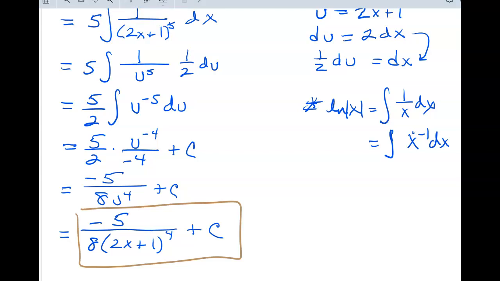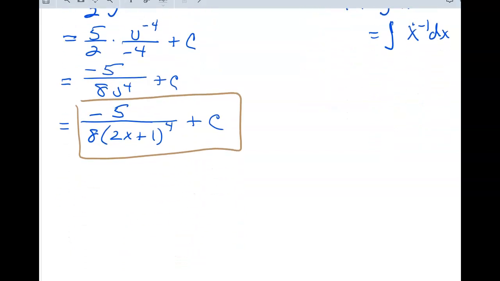All right, so beware of those where you have a denominator raised to a power, because that's really not going to give you a natural log result. Natural logs are restricted to 1 over a variable quantity to the 1st power, or rather that variable quantity to the negative 1 power. All right, in example 6,